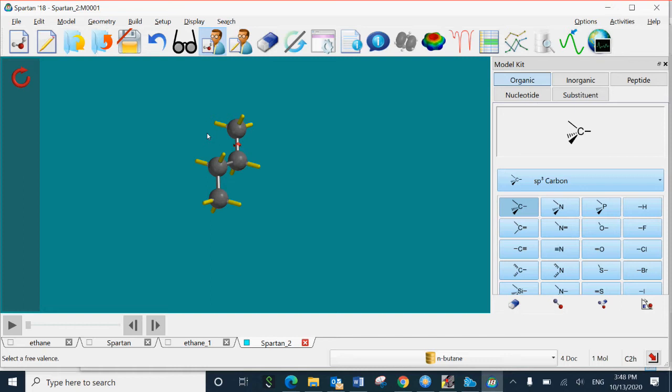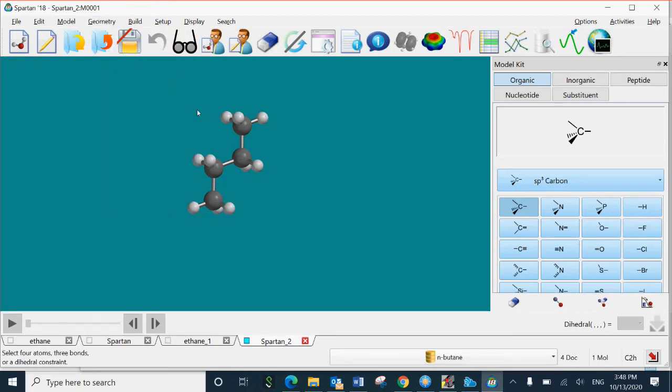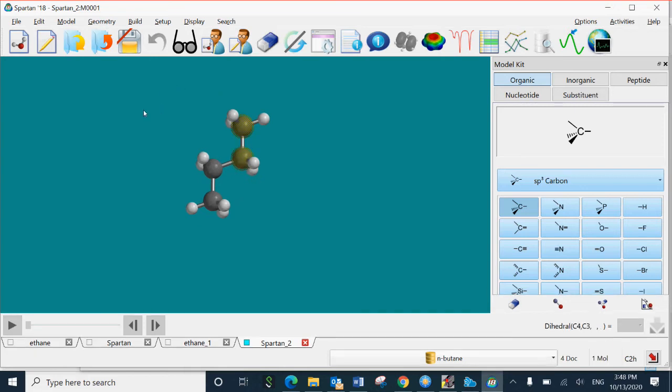We will force the conformation to gauche. So the procedure is almost the same. So you can follow the procedure. Go to the geometry menu, measure dihedral. Here you have to select the 4 carbons. So select carbon 1, 2, 3, 4.